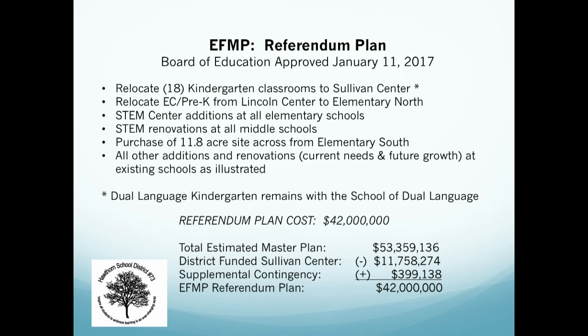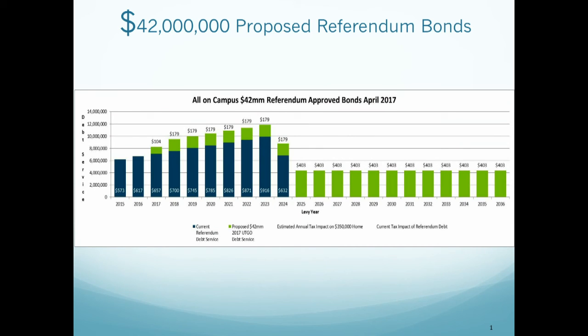So let me just do a brief conversation about the tax impact, and then I'll invite Elizabeth to come up, who helps us with our bond counsel to help us determine the costs. The chart that you see is for a $350,000 home, as if we went out and bonded all $42 million at one time, which does not occur. Usually it happens over a period of time. The dark blue is the current debt that's being paid by that homeowner for a $350,000 home. The green, in the first 7 years, is interest payment only on the new bonds, the $42 million. That green is roughly about $180. So this person would have an addition of about $180 a year for the next 7 years.